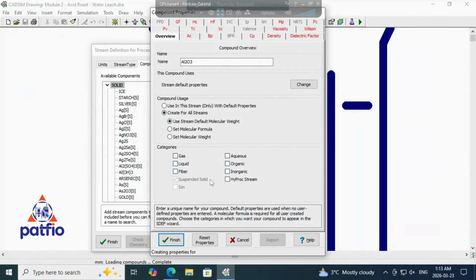The suspended solid is ticked, so it will then ask you which other category you want it to be. But for now, let's leave it as suspended solid, and we are going to set the molecular formula. Right, the molecular formula Al2O3. Right? So once I set them on location,